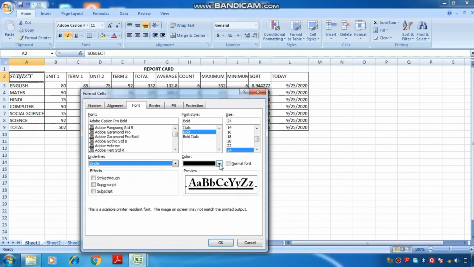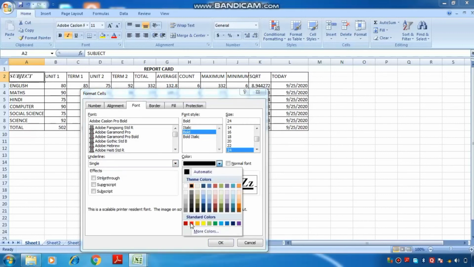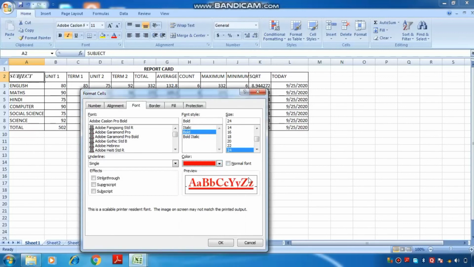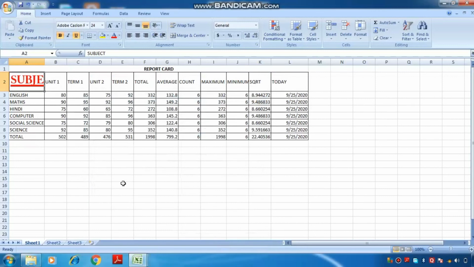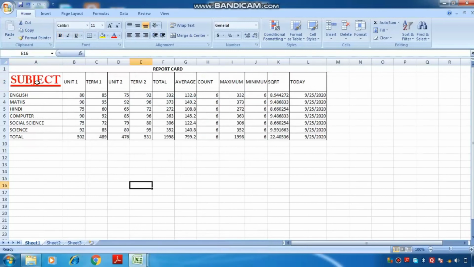I can also change the color of the underline from here. The font is normal font, and I click on the OK button. Here you have seen the cell content is formatted.